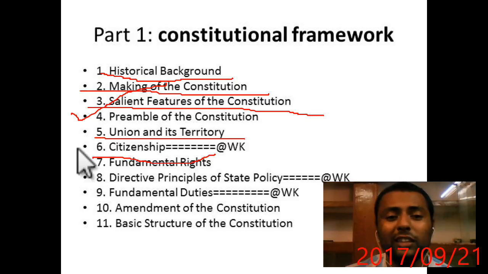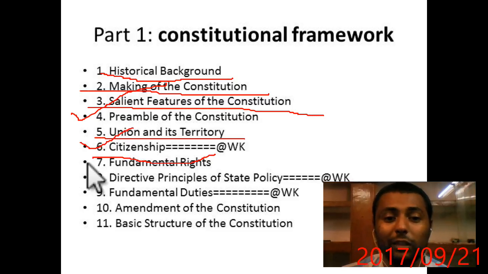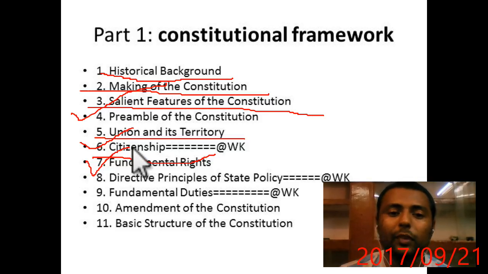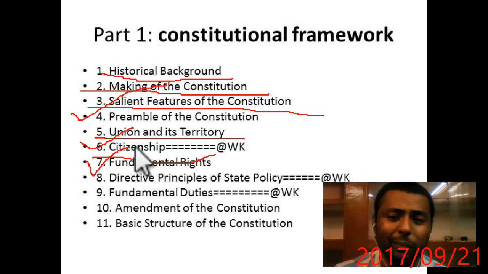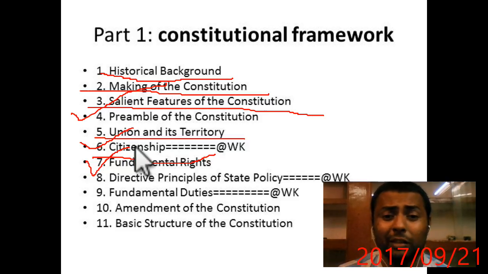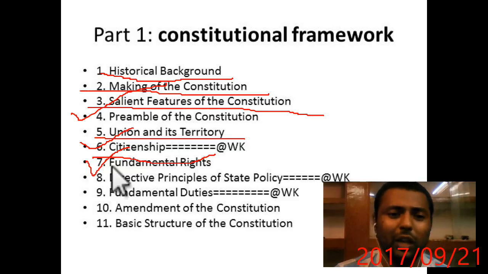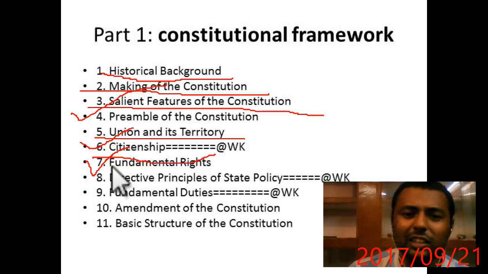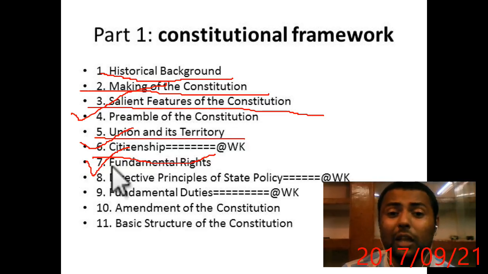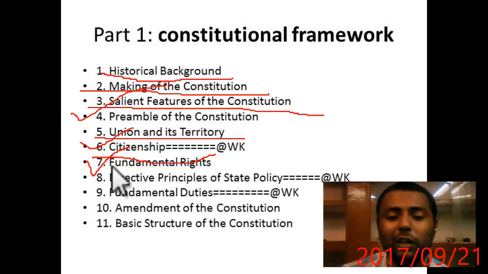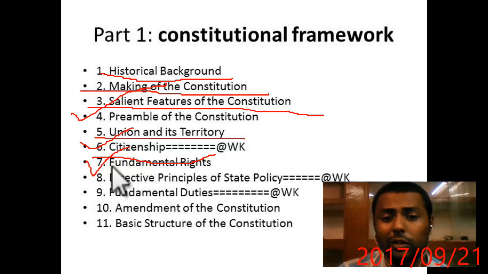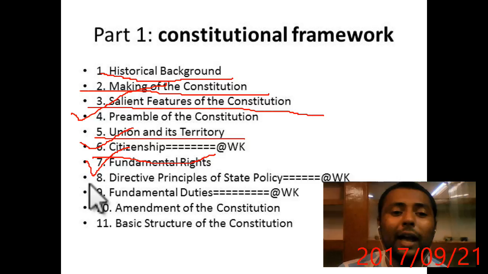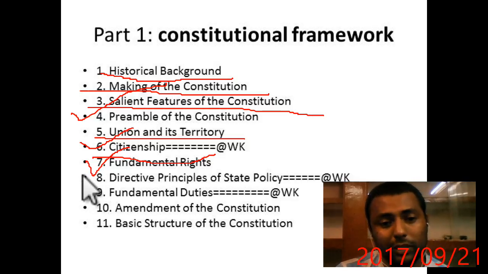Okay, for citizenship, then fundamental rights. The fundamental rights is a very thick chapter. Just read the provisions of the fundamental rights. How many times it was amended, and 5 important cases: Shankari Prasad, Golaknath, Keshavananda Bharati, Minerva Mills, these are the 4-5 cases. Article 39 B and C overrides 14 and 19. Just remember these things. Don't need to go into the details. Like Article 14, equality before law and equal protection of laws. Remember, equality before law was taken from England and equal protection of laws was taken from America. I will upload a video on fundamental rights also.